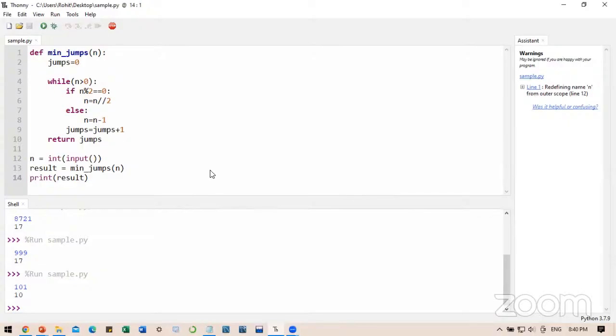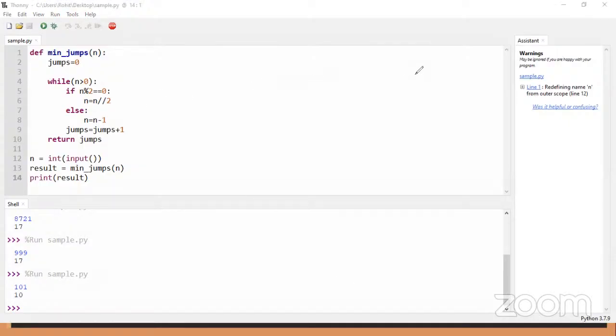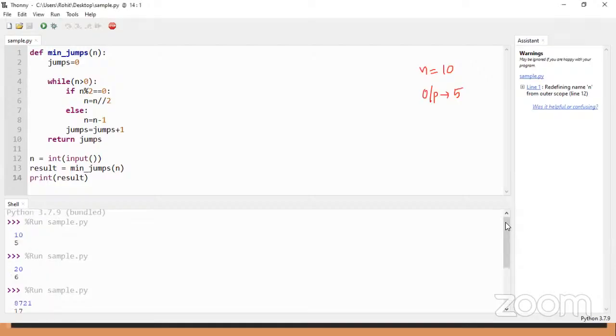Now let us perform the dry run with the provided test case. That is when input value is equals to 10, that is n is equals to 10, my output should be 5. And we have satisfied this test case as per our code. See, the first test case, when the input is 10, my output is 5. Everyone is able to view the screen, right? Where I am explaining the things on my IDE.